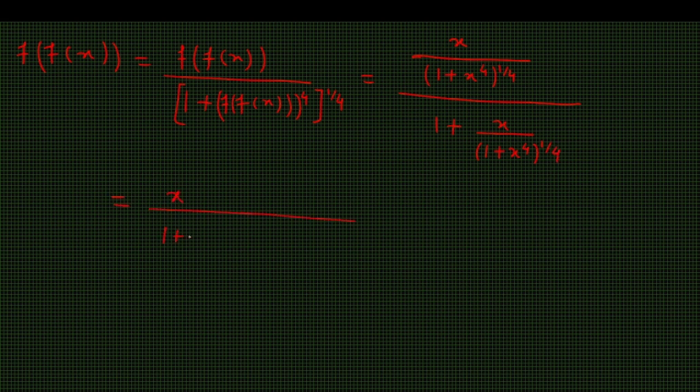So f(f(x)) is equal to f(x) divided by (1 + (f(x))^4) whole bracket to the power 1/4. Now f(x) is x upon (1 + x^4) whole bracket to the power 1/4. Similarly, in the denominator, we can write 1 + (x upon (1 + x^4)^(1/4))^4 bracket to the power 1/4. Now let's simplify, and in the numerator we have x upon (1 + x^4) to the power 1/4,